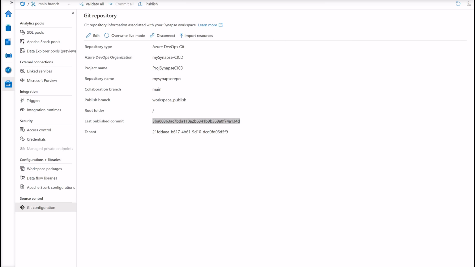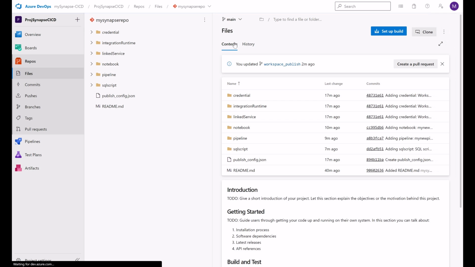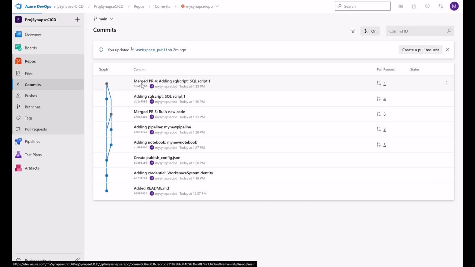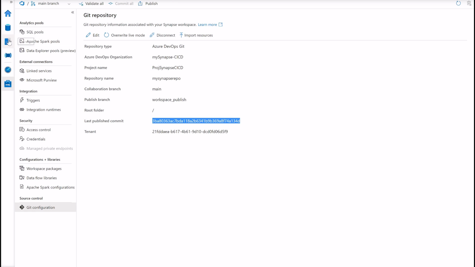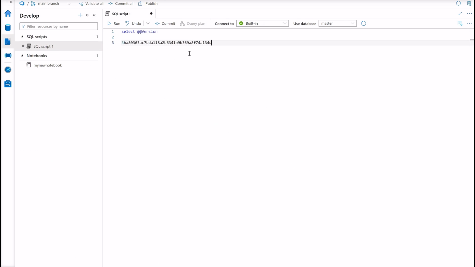If you go to your Git repo and you go to your main branch and to the commits history from this main branch, you will see here the last commit. Look at the identifier here, and this identifier, if we go here, ending in 1340,